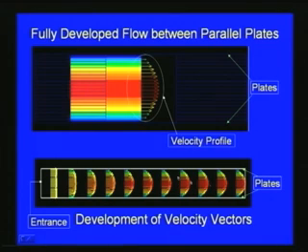The velocity vectors are plotted here. The maximum velocity is here and the velocity develops in this pattern. So, this is the case of flow between parallel plates we have analyzed using the Navier-Stokes equations. And now, the second case, so what we have seen is the flow between two fixed parallel plates.